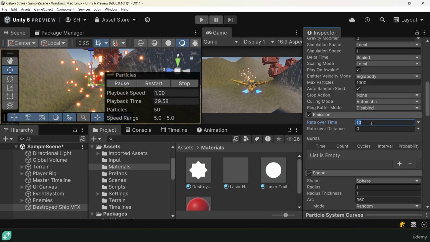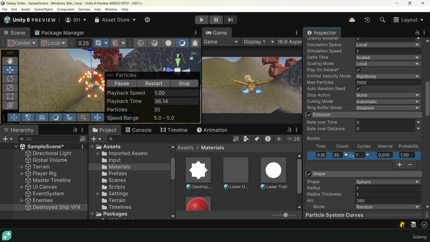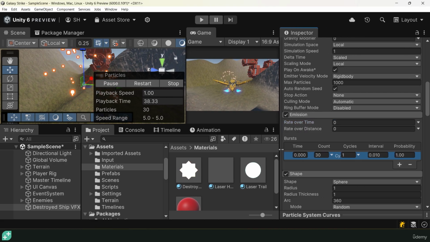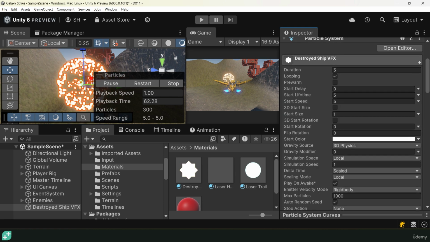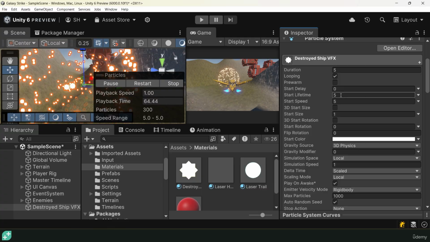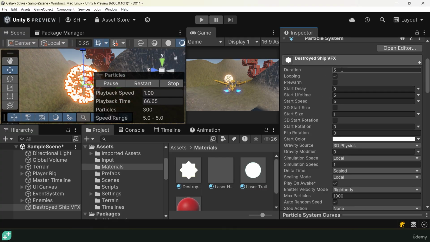I can actually change my rate over time to 0, and I just want to use a singular burst right at the beginning. So we can add a singular burst right here that I want to burst right at the 0-second mark. Let's do something like maybe 300 different particles. Already looking pretty snazzy, but let's go ahead and add a little bit of noise or randomness to my particle